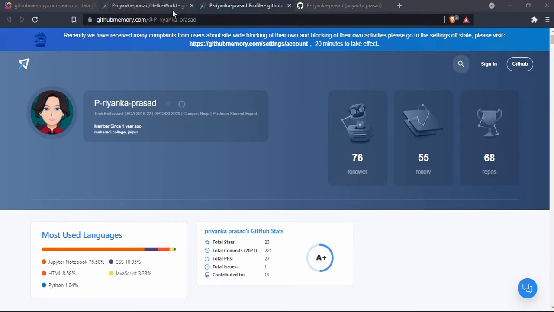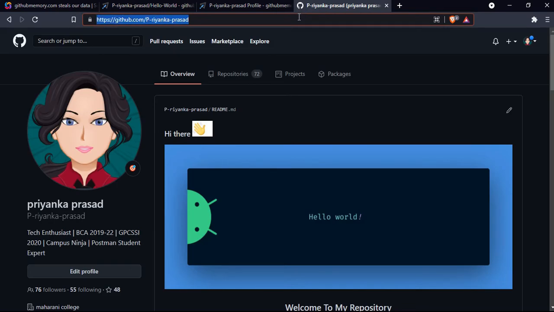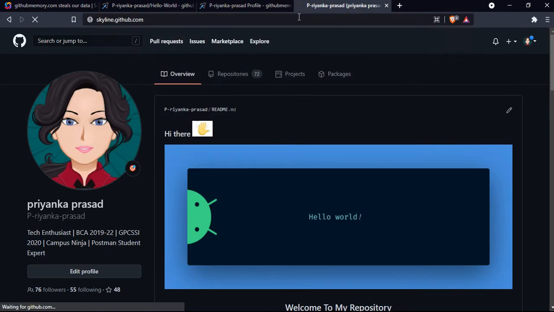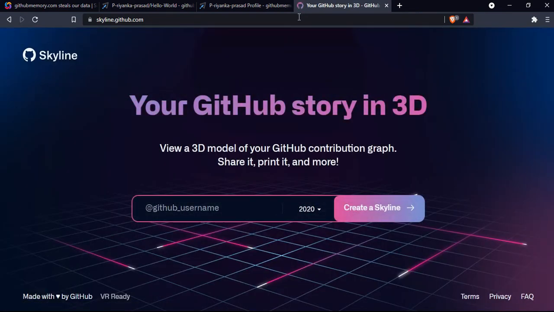Okay, so moving on to the next one, that is Skyline. It was recently released at GitHub Satellite, if you know about that event. What this does is it shows all your contributions in a 3D way.